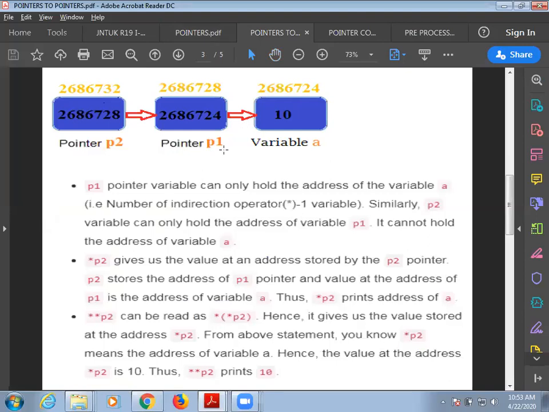If I increment p1++, and p1 points to an integer variable, the current address is 2686724. It will increment by 2 bytes. That is, it will point to the next memory location, 2686726. That is the pointer arithmetic you have to understand.